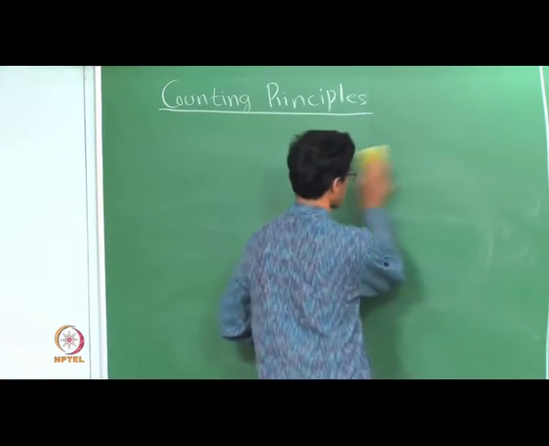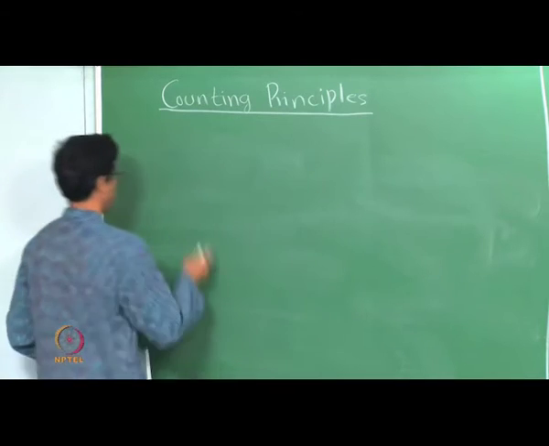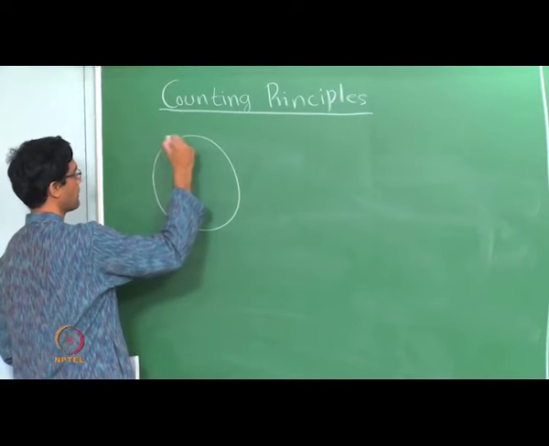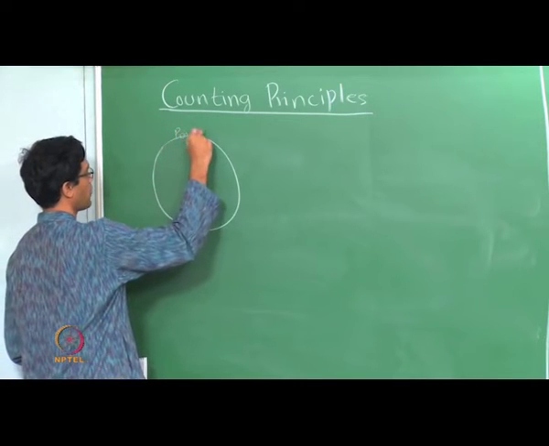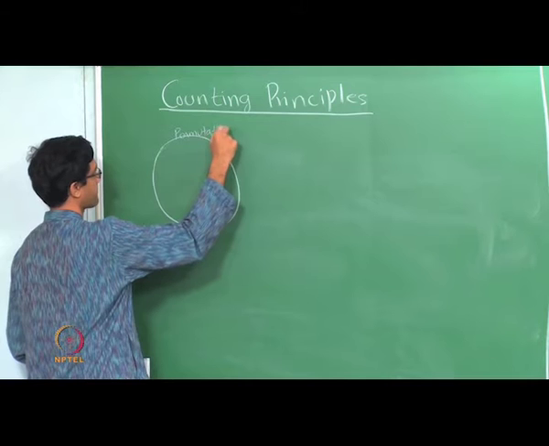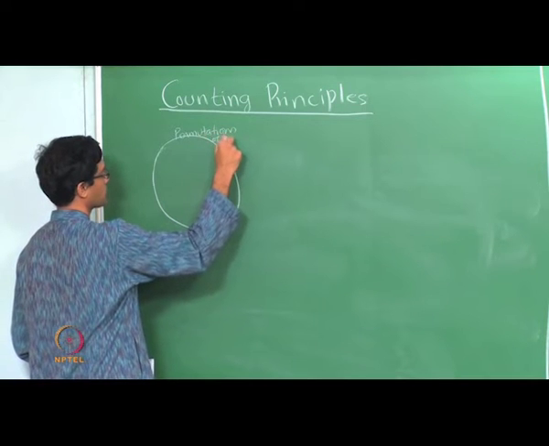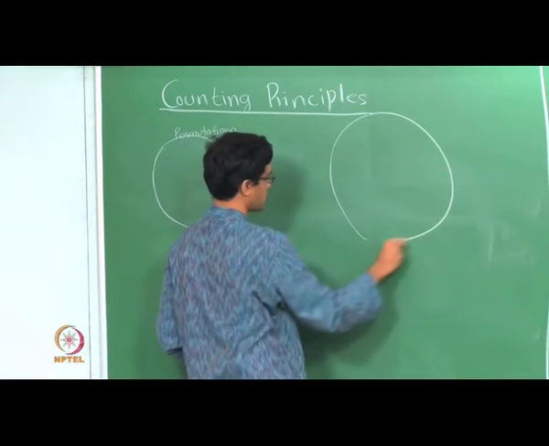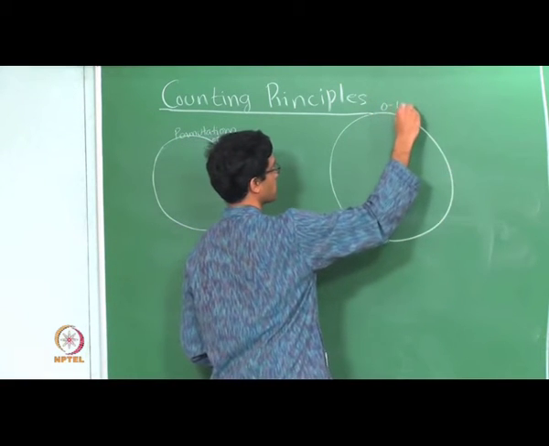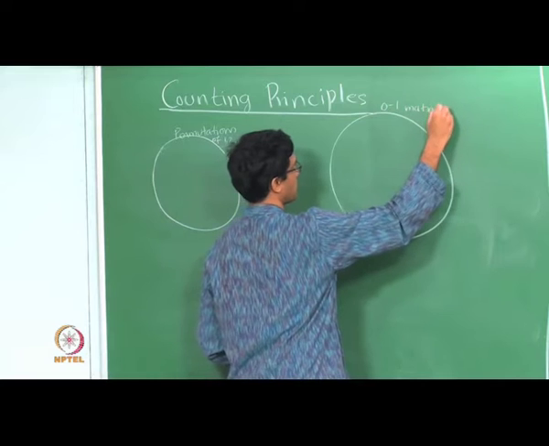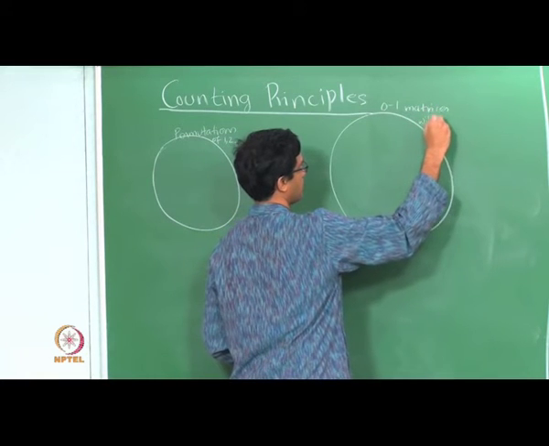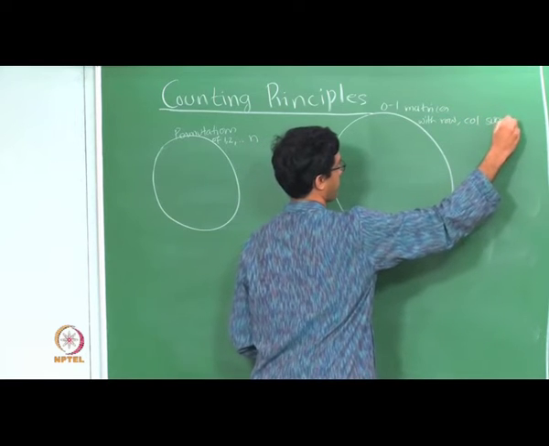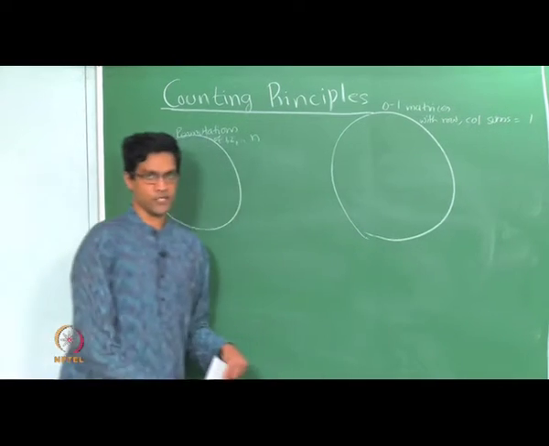correspondence between them. So let us just draw it schematically like this. You have the set of all permutations of 1 through n, permutations of the numbers 1, 2, 3 till n, and on the other hand you have the set here consisting of 0, 1 matrices with row and column sums 1, that is the other set.